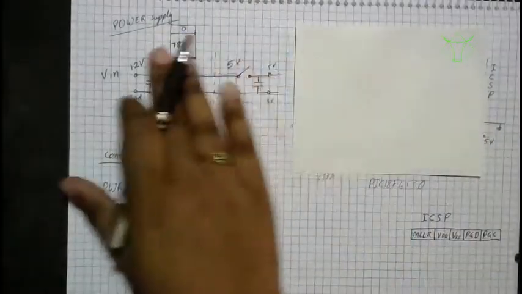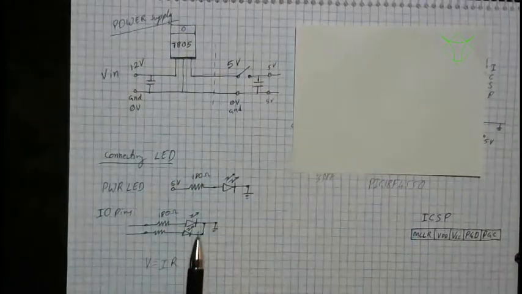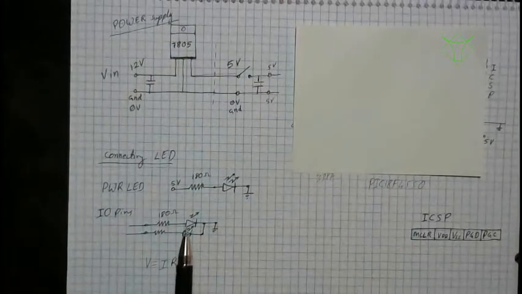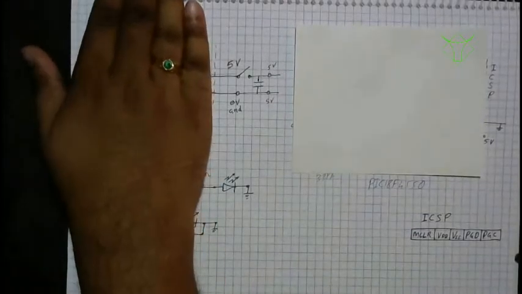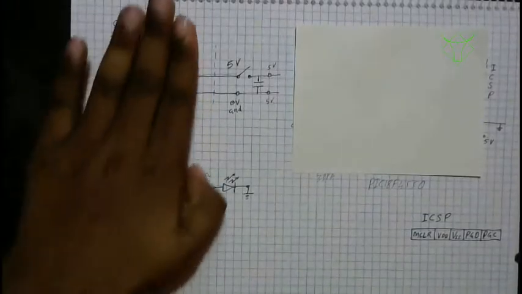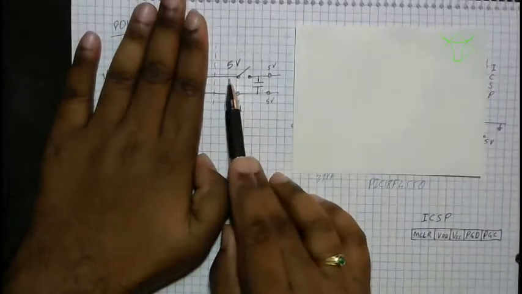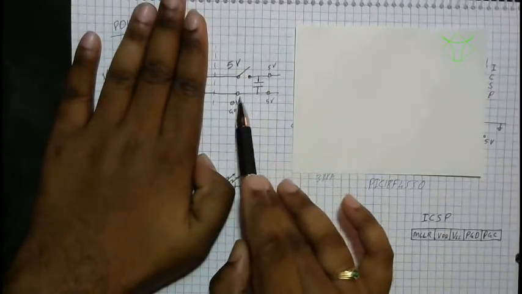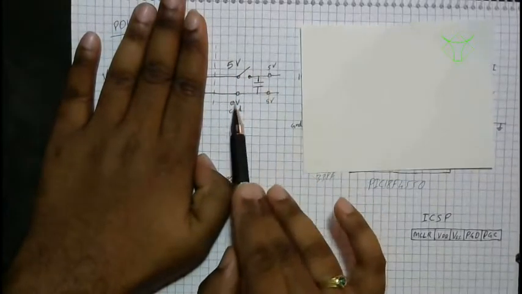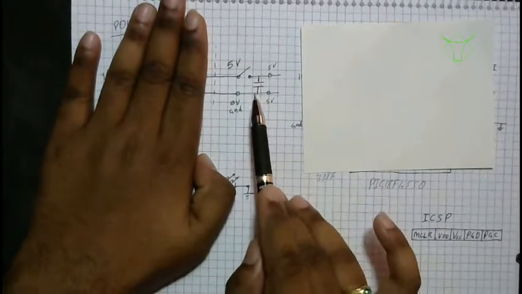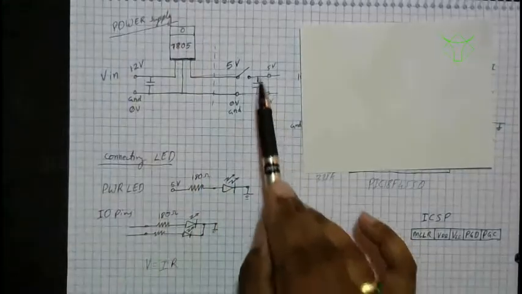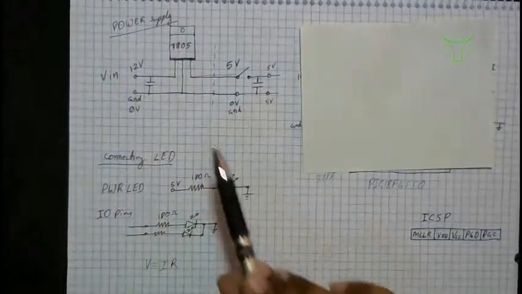So this is the power circuit. And in case you have a 5 volts adapter, you can forget about this part, and all you have to concentrate on is this 5 volts pin that you get through the adapter. You'll connect it to a switch and the ground, and put a capacitor across this. Okay, it is better to have a capacitor, so you can suppress the fluctuations and all.